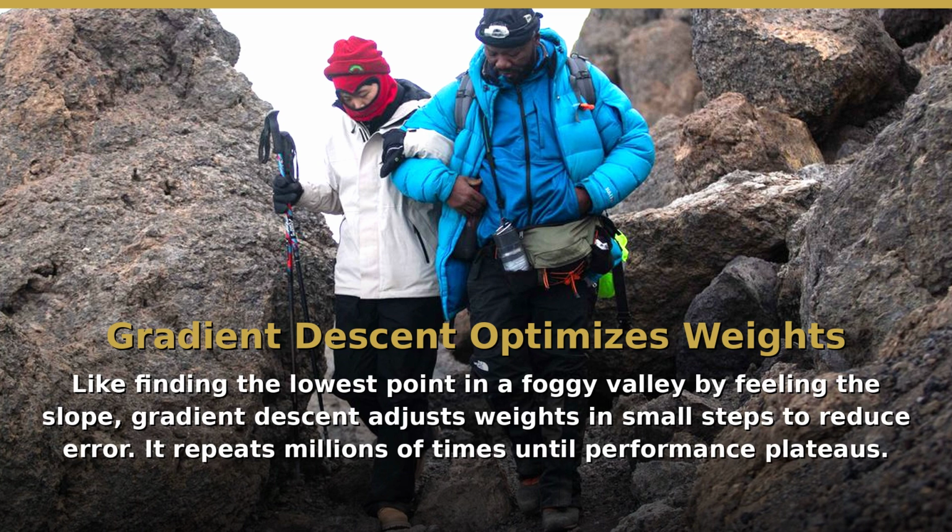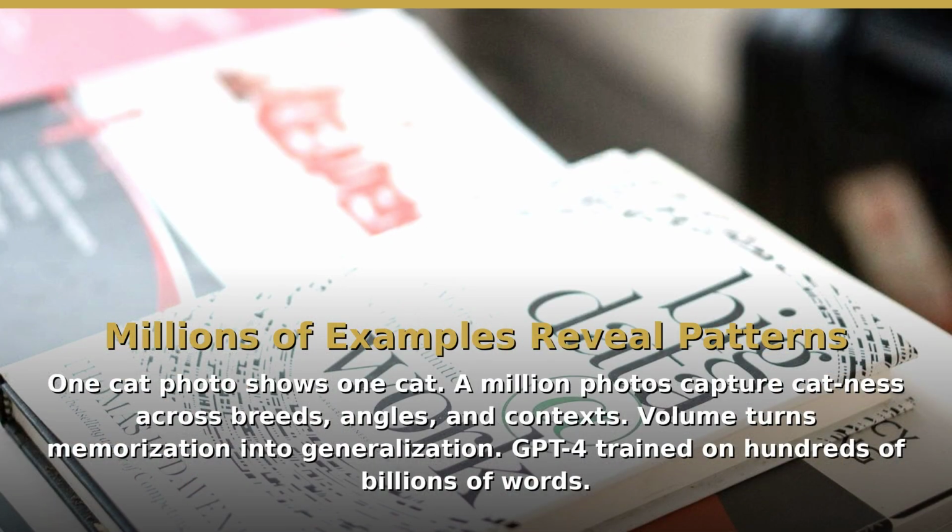Once you have gradients, gradient descent takes over. This optimization algorithm adjusts weights in small steps, moving them in the direction that reduces error. Imagine you're in a foggy valley trying to reach the lowest point. You feel the slope under your feet and take a small step downhill. Repeat thousands of times, and you reach a low point. That's gradient descent. The step size, called the learning rate, is critical.